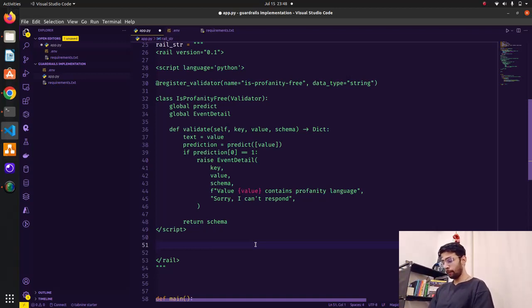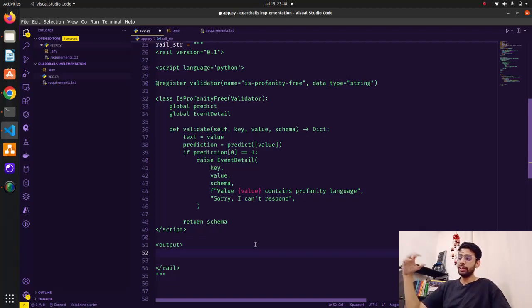So what I'm going to do here, and it's very interesting, guys, and this is very powerful in a way. You can write multiple structures like this. For example, one for profanity, the other for finding out if the code that the language model generates is executable, if the information is appropriate. So you can have multiple RAIL structures. You can also write in a single RAIL structure, and you can use it as well depending on the value that you have.